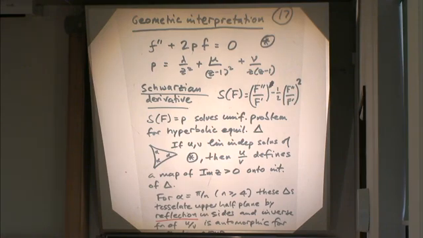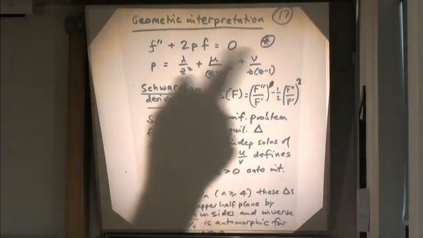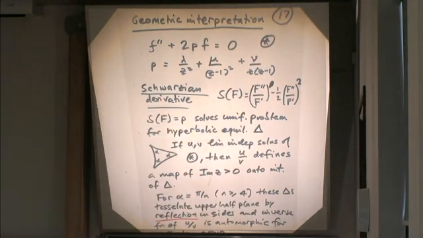And in fact, that's sort of why it was invented. Schwarz invented it because he was doing these uniformization problems. And if we solve this with SF equals P, this solves the uniformization problem for a hyperbolic equilateral triangle if we've started from a symmetric system. So that will be, in the upper half plane, a triangle with all its angles equal.